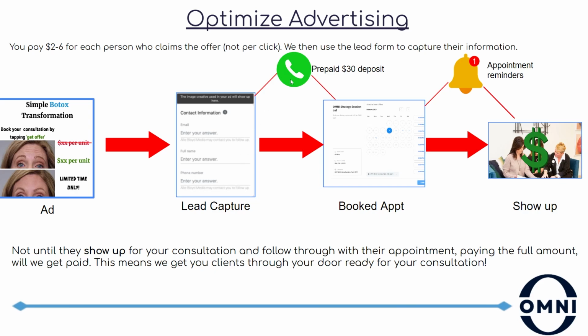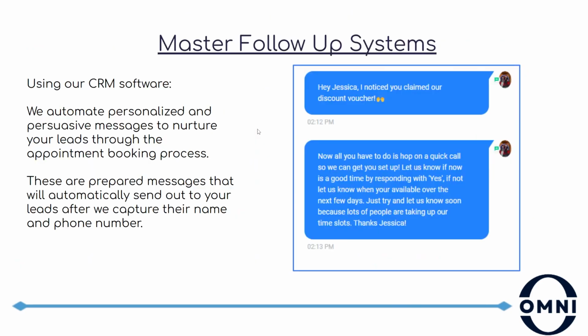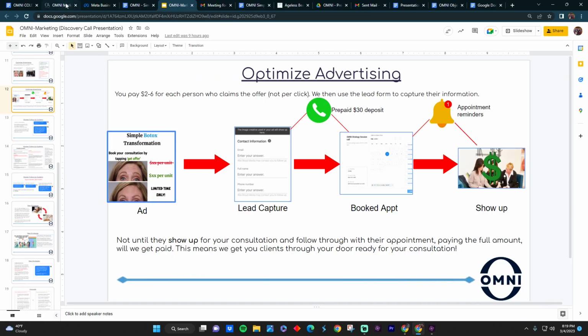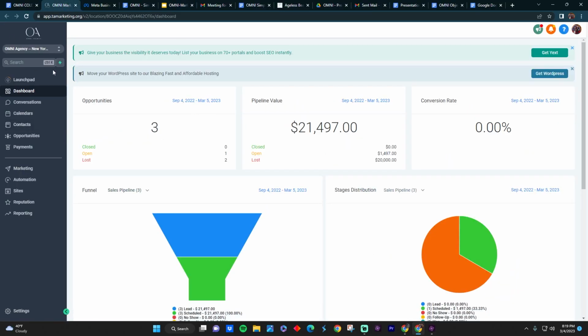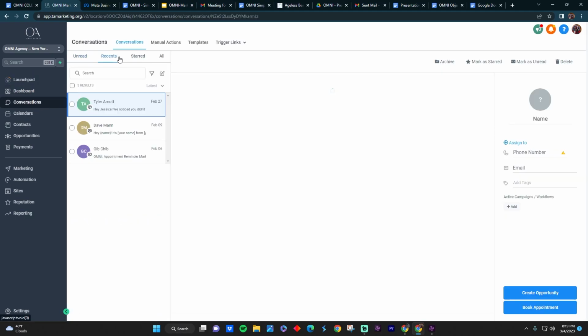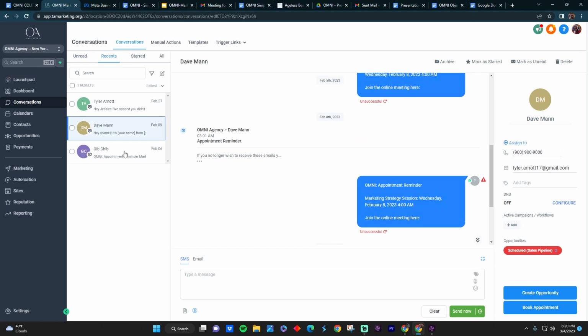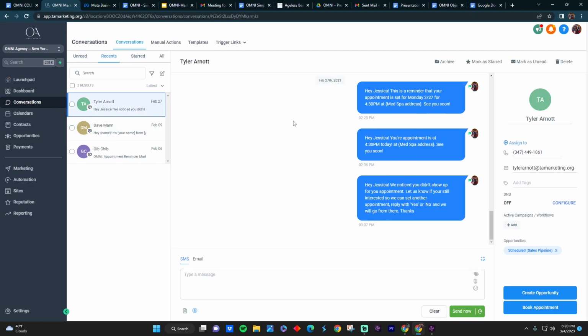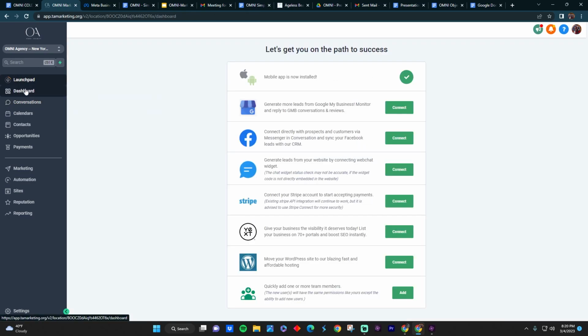And then what we do after we get this information, which I'll show you real quick, is this information simply goes to our actual Go High Level, which goes to our Conversations tab. For example, we'll have all of our contacts in here to message and automate messages to. And then essentially